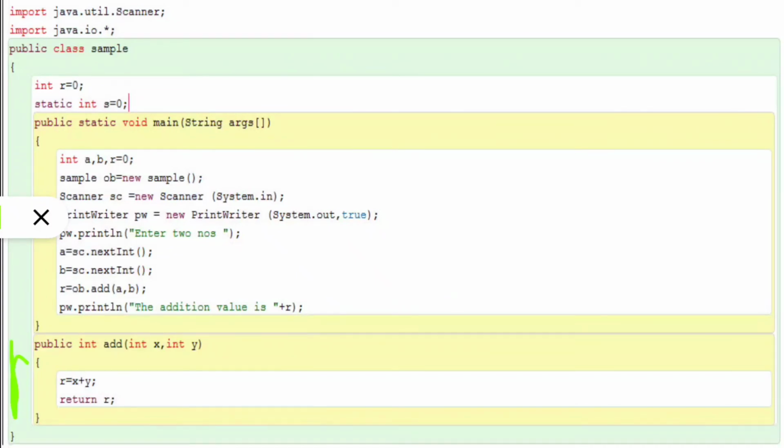See, this is the user defined function. This add will be treated as a member method, or user defined function, member function. Understood? That is called a member function or member method. And if we declare any variable under this, then that variable will be treated as a data member.